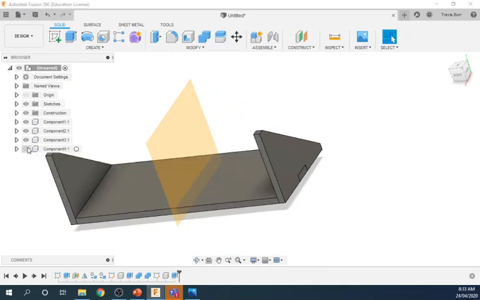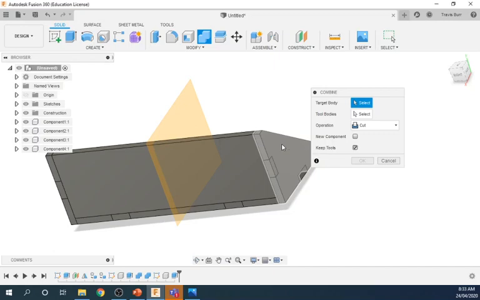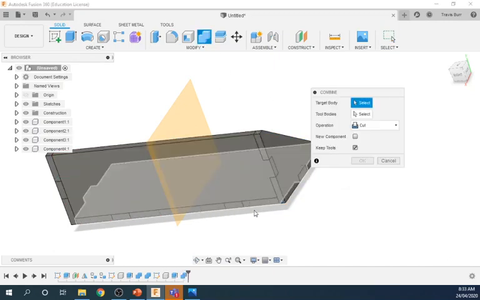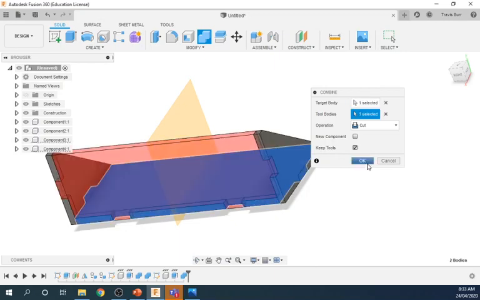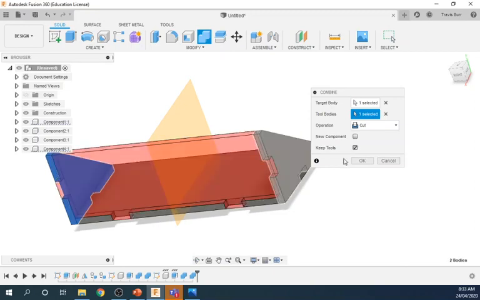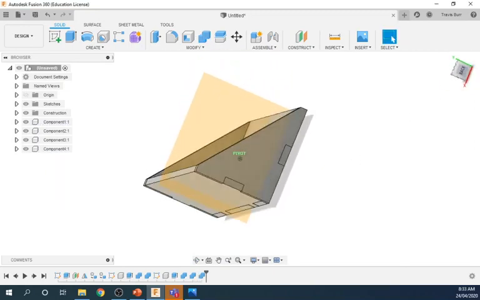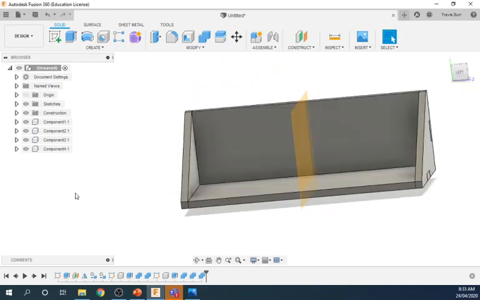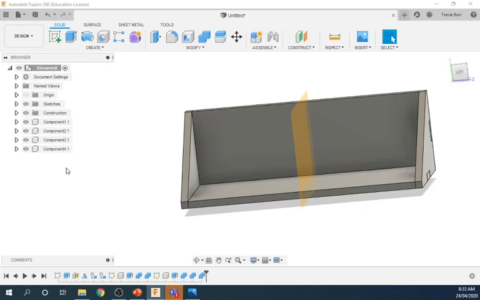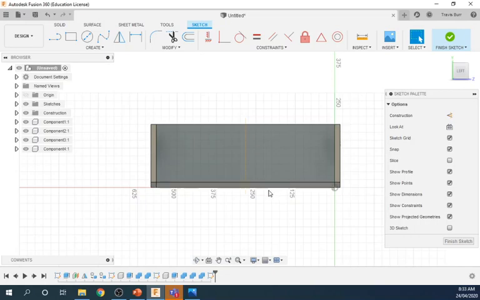Like before, it hasn't cut the pieces out, so here I'm going to use combine, target body, tool body, OK, combine, target body, tool body, OK, combine, target body, tool body, OK. And that's going to give us our basic shelf with all of its components. So say if we were to cut this out now, you can see where all the different pieces are going to fit together. We want to mount this to a wall, so I'm going to come in here,